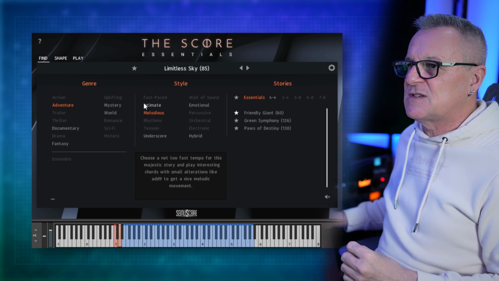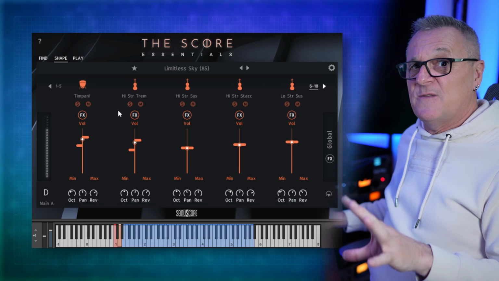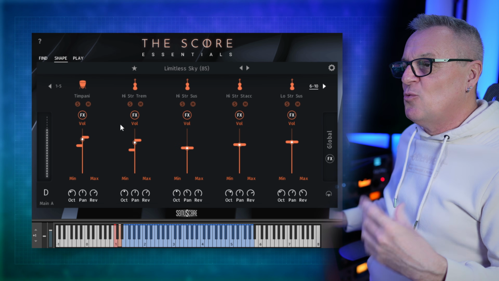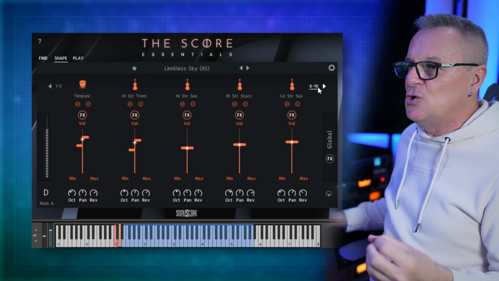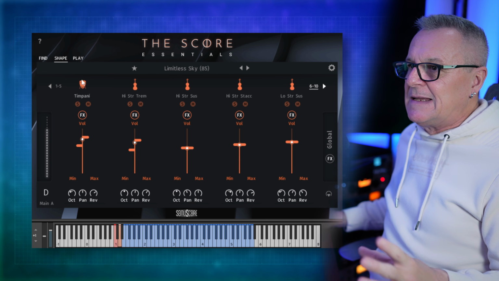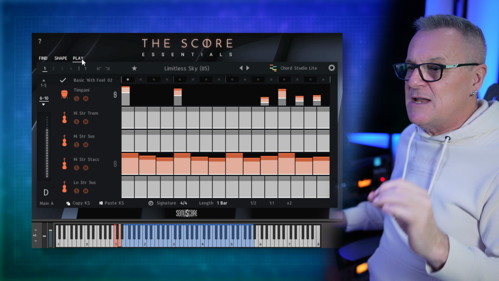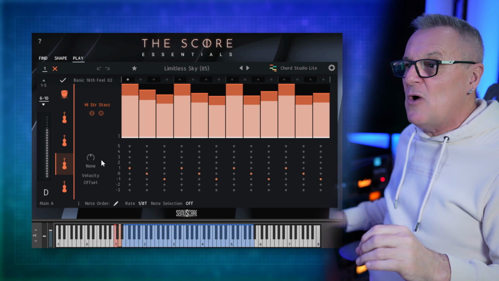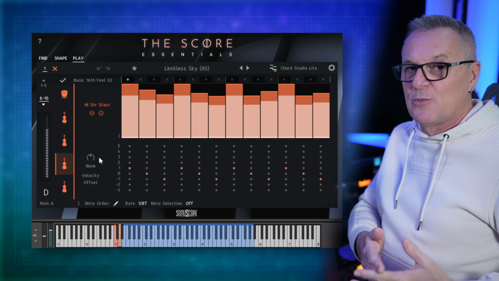Once you've selected a story, then you may take a look at the Shape screen. You can think of this as a kind of mixer where you can mix the various instruments which are included in your story. And then finally, you have the Play screen. This is where you can really fine-tune each individual arpeggio which is being used by each individual instrument in your